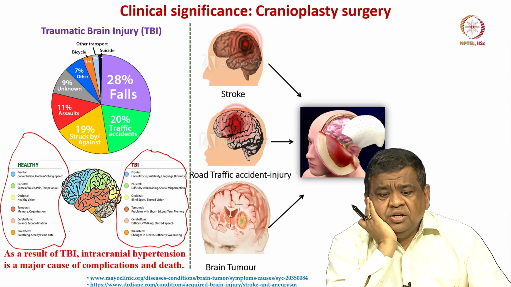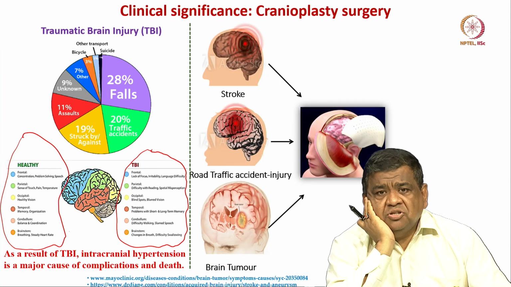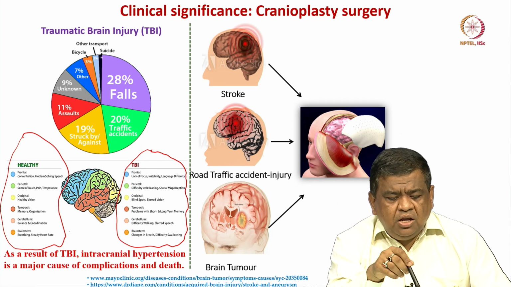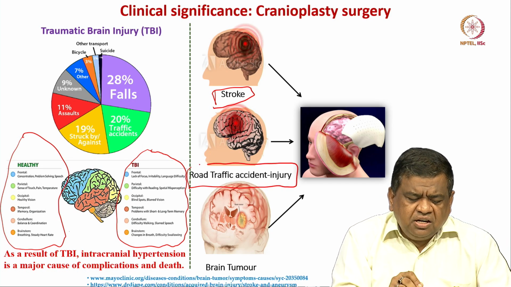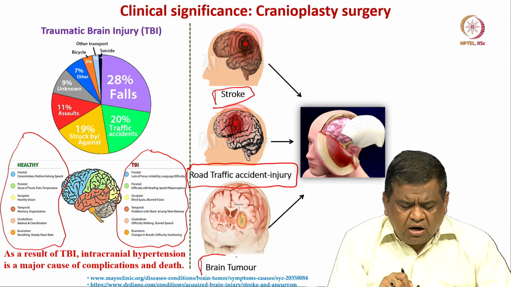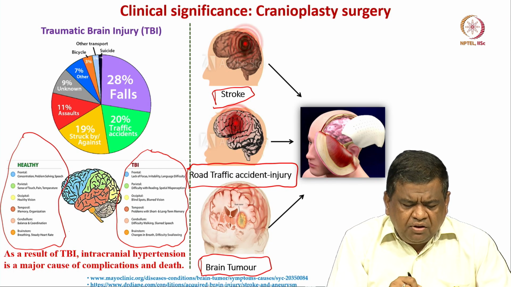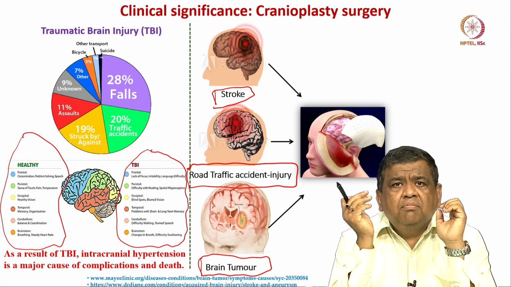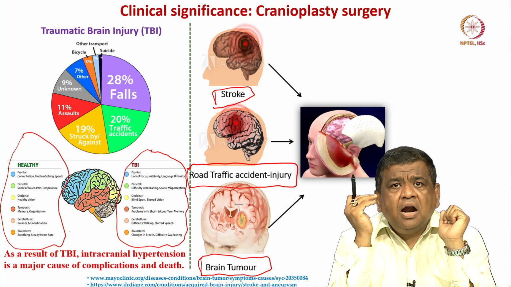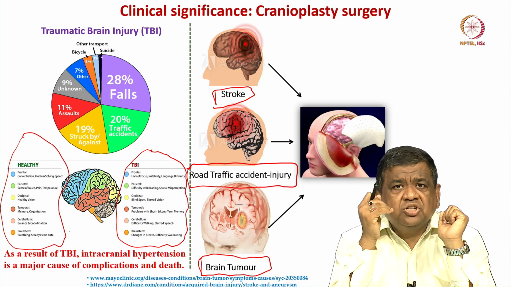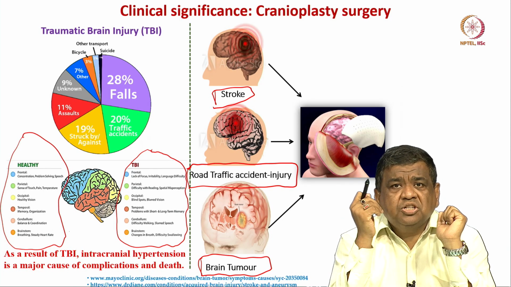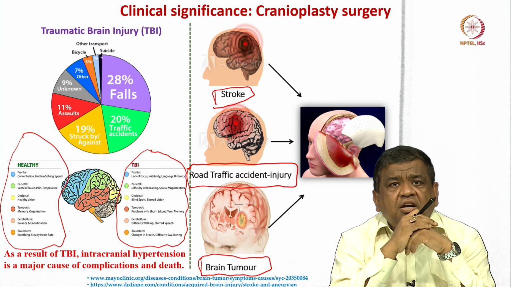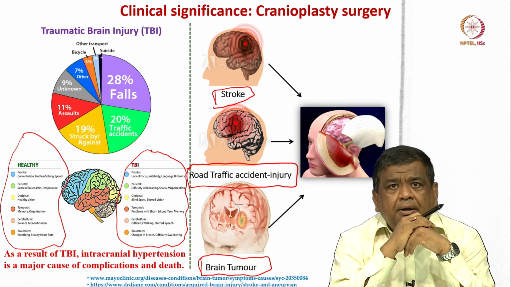So, how this traumatic brain injury can happen, as I mentioned, and this is just a pictorial depiction of it. One can be stroke, another can be injury due to road traffic accident, third one can be brain tumor. If a human patient has a brain tumor and the brain tumor is removed, that part of the skull gets depressed, so it will experience more external atmospheric pressure. As a result, neurological functionality will be impaired.